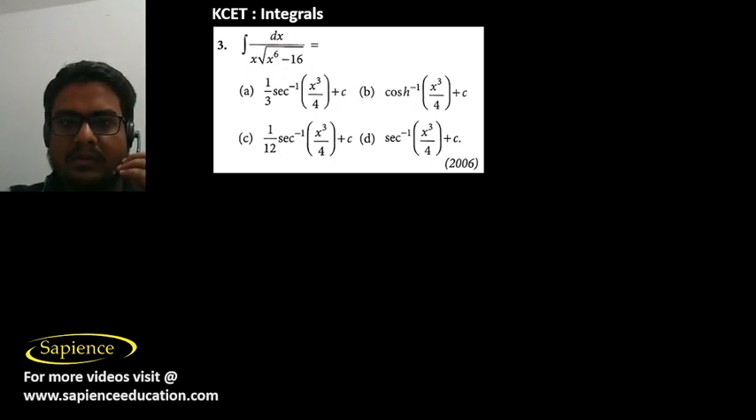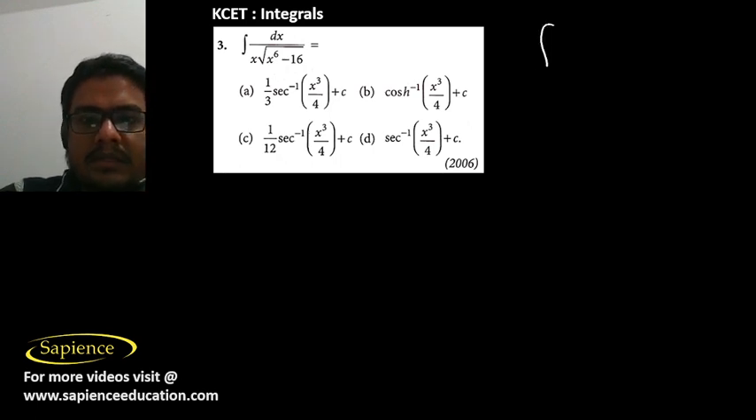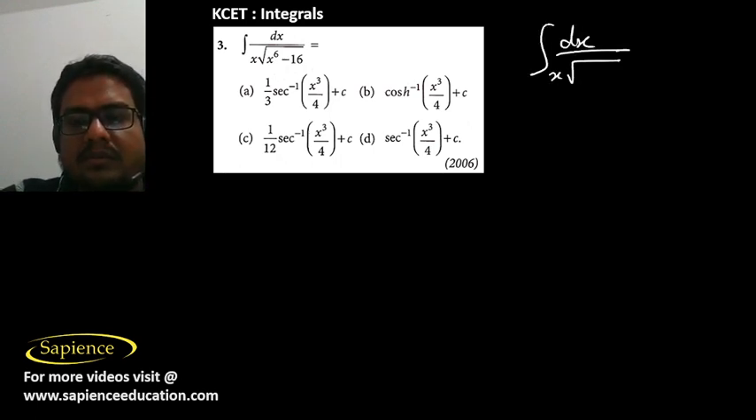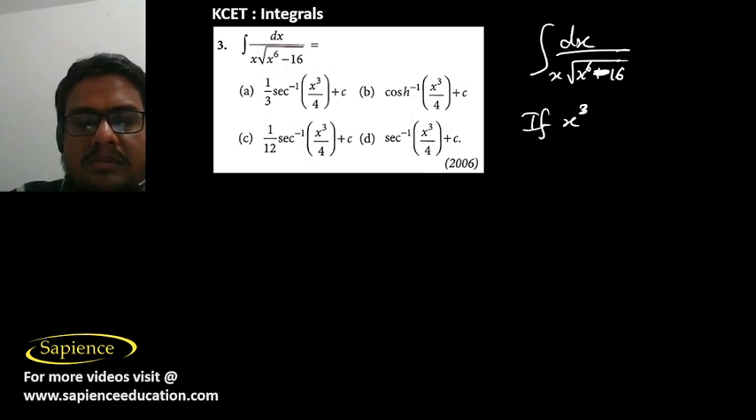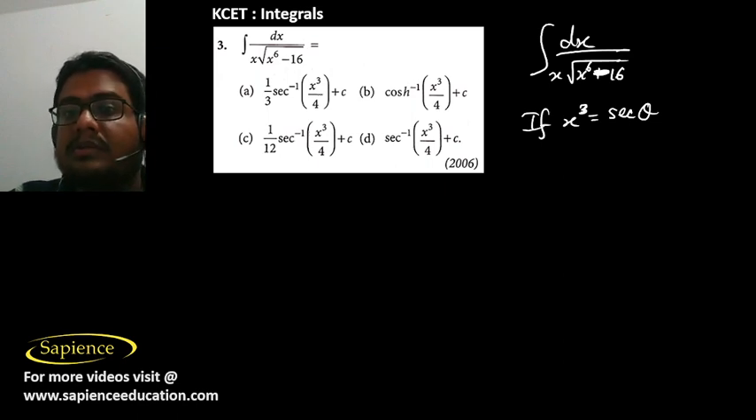And in question number 3, it is told you have to find the integral dx by x into square root of x power 6 minus 16. So now if we take x power 3 as sec theta, suppose we take x power 3 as sec theta,